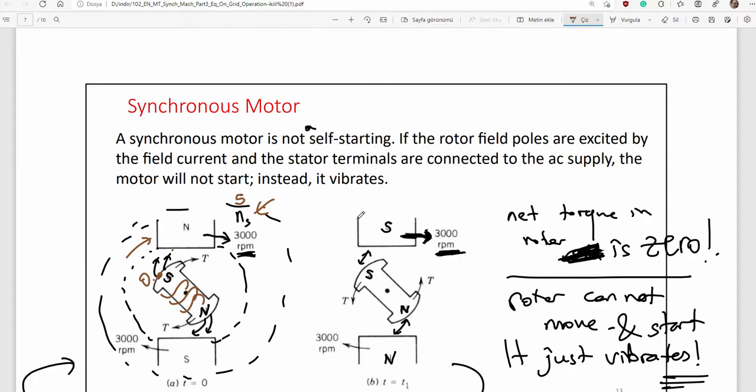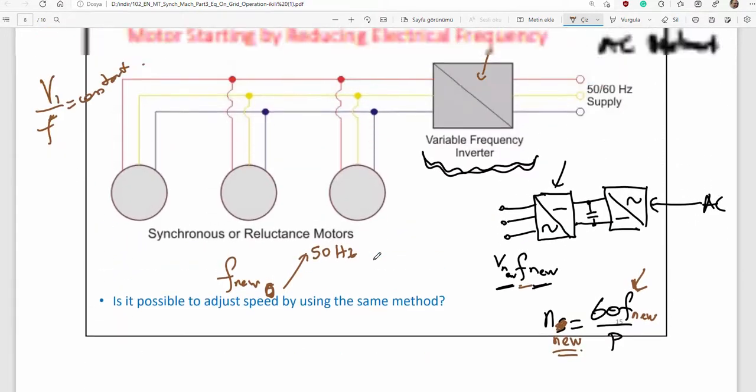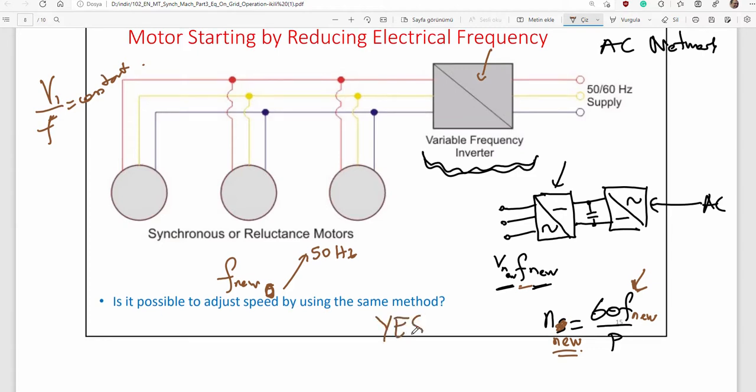You increase frequency, machine speed will increase. So here's a note. Is it possible to adjust speed by using the same method? Yes. Any operation causing change in synchronous speed will cause